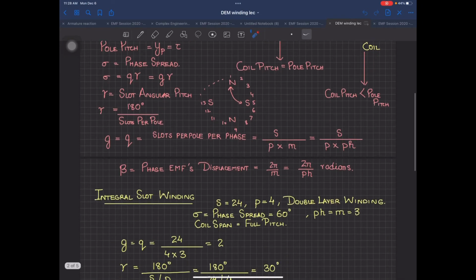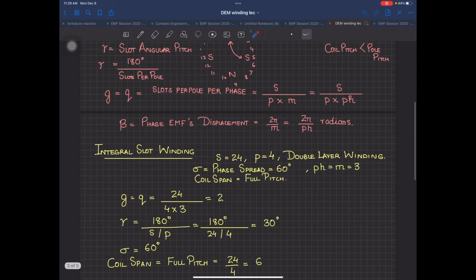Now one thing very important, one more thing before you proceed on to the winding. Beta is the phase EMF displacement. Now I'm not going to go in much detail into this one, because whenever a winding is complete, then we can find out actually what is beta. But in formula, this beta is equal to 2 pi divided by m. 2 pi is in radians, because 2 pi is the whole 360 degrees, and you divide it by the number of phases. This comes out to be that radian angle between two phase EMFs,